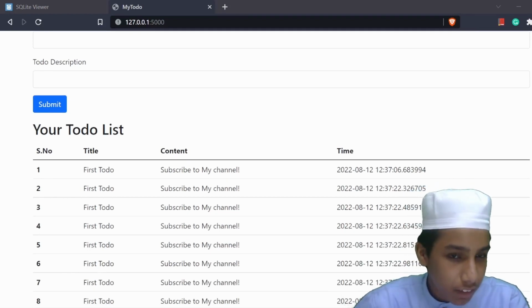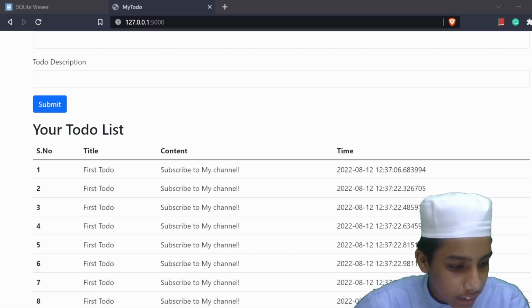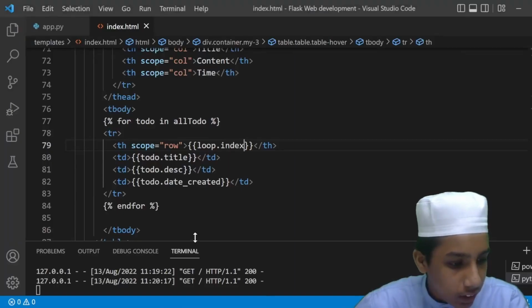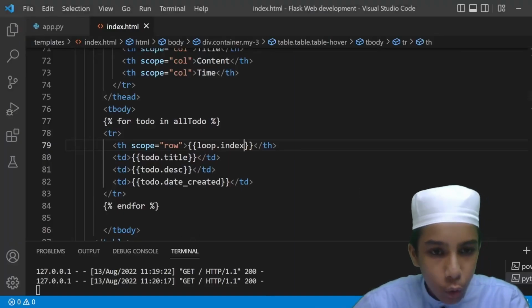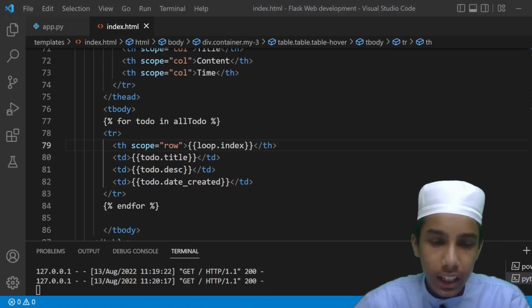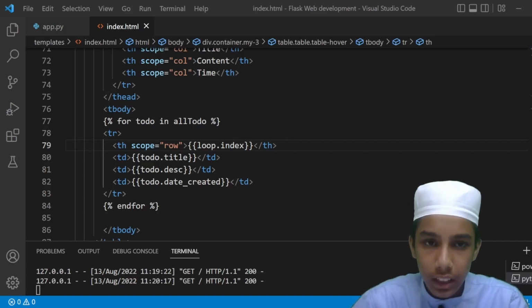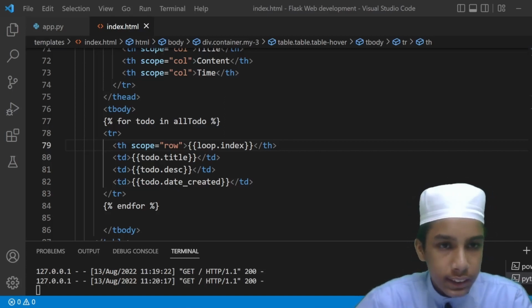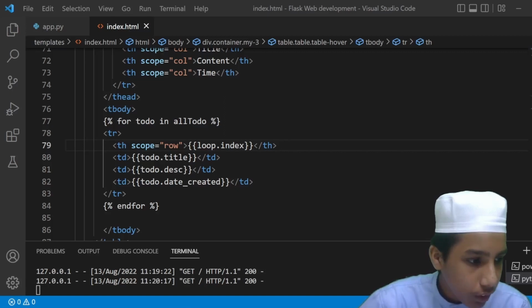That's why I have given here loop.index. So this is the way, if someone deletes that one, then something is going to happen there. So now what I'm going to do is